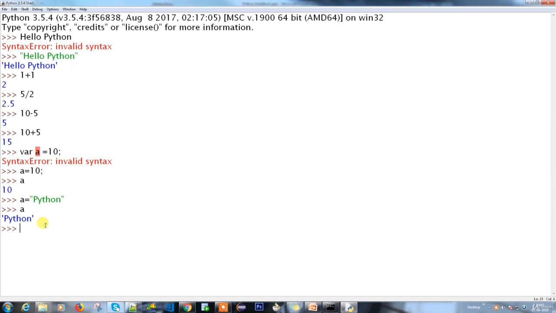So this is a simple step for how we create variables in Python. The step is variable name equal to the variable value. You don't have to do anything else.